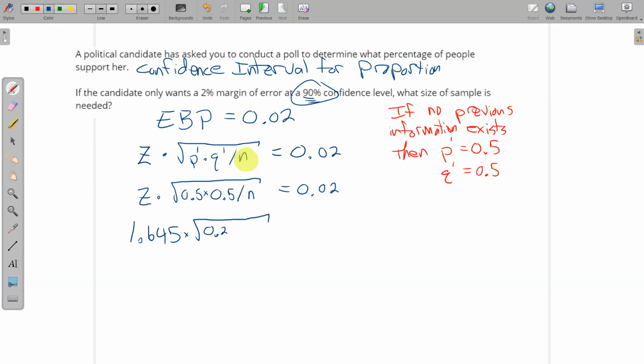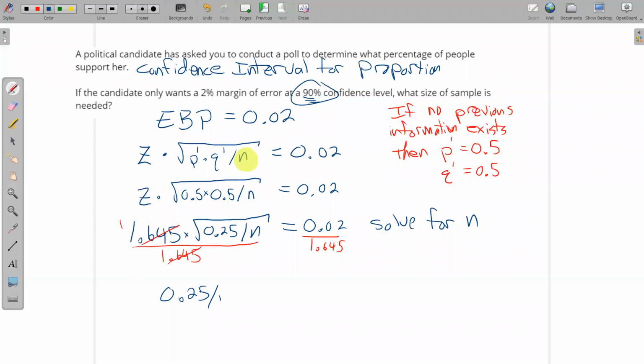The reason I can't calculate this yet is that the 0.25 is over n. So what I have to do, once I get all those values in there, is solve this for n. To solve this, solving equations, you unwrap it from the outside. I first have to get rid of the 1.645, so I'm going to divide 1.645 to the other side. And there's no need to calculate this yet. We'll just wait a moment on that. So this divides out. A number divided by itself is 1. 1 times anything is that thing. So what I'm left with here is that